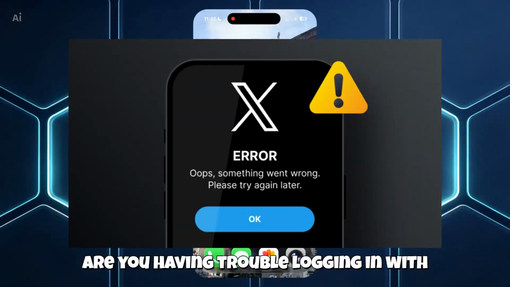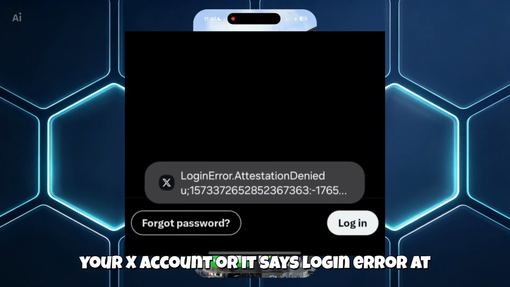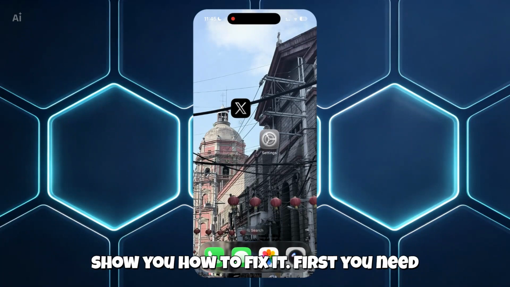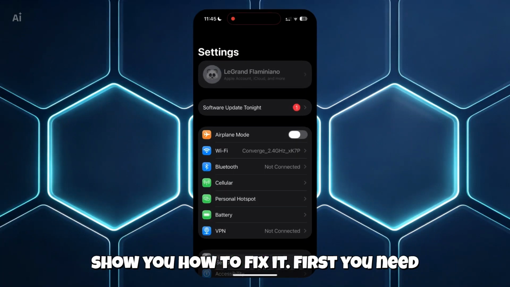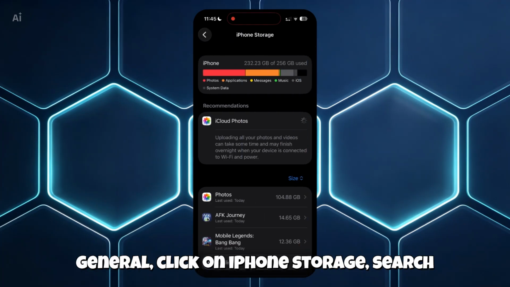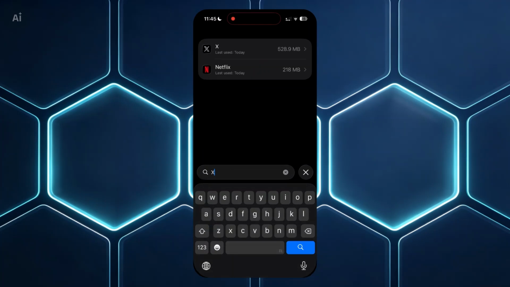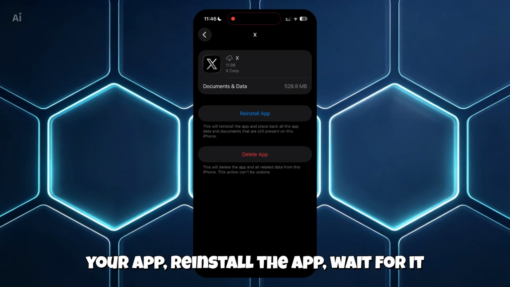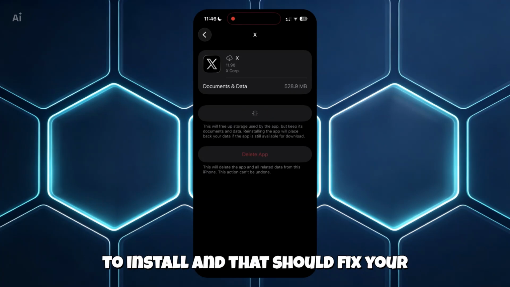Are you having trouble logging in with your X account, or it says login error attestation denied? Today I'm going to show you how to fix it. First, you need to go to your iPhone settings. Go to General, click on iPhone Storage, search for X, and offload the app. Once you offload your app, reinstall the app, wait for it to install, and that should